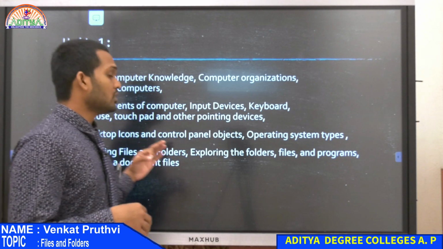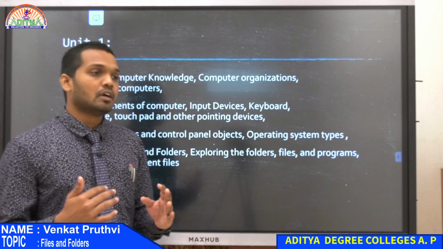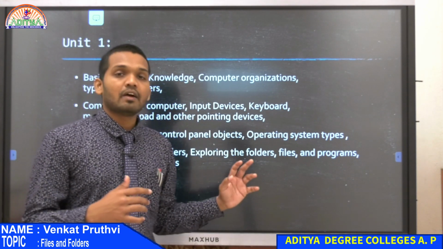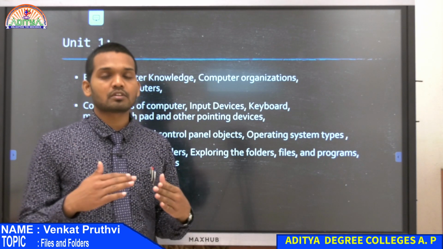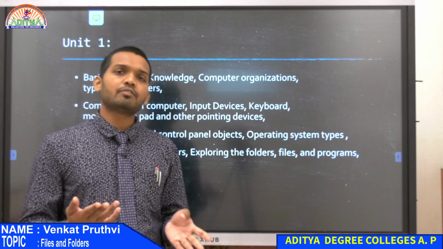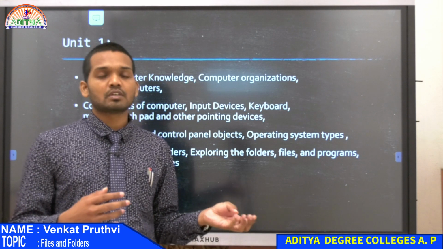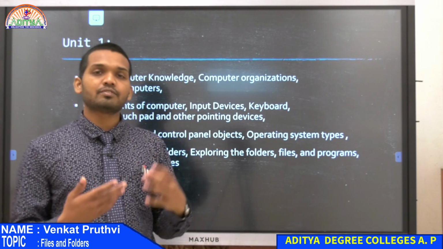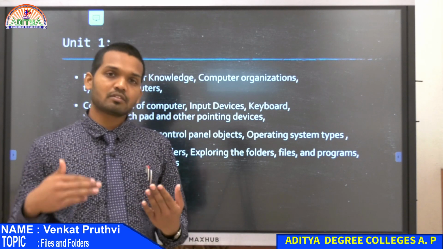Okay. And folders are just a way of organizing these files. Suppose you have 10 to 15 files in your computer, in your secondary storage. That might not be difficult for you to remember, their location, or what all files are there. It will be easy for you to remember them if you are using them for a couple of days or over a week.